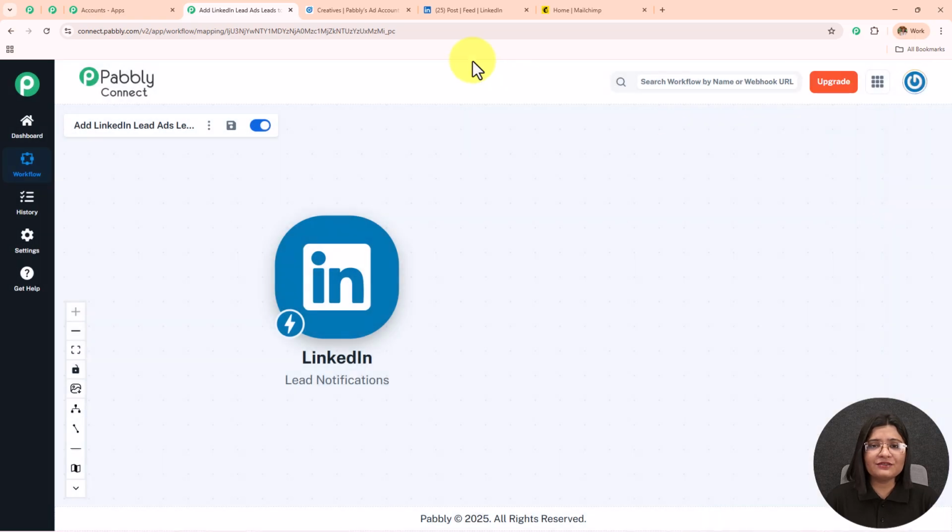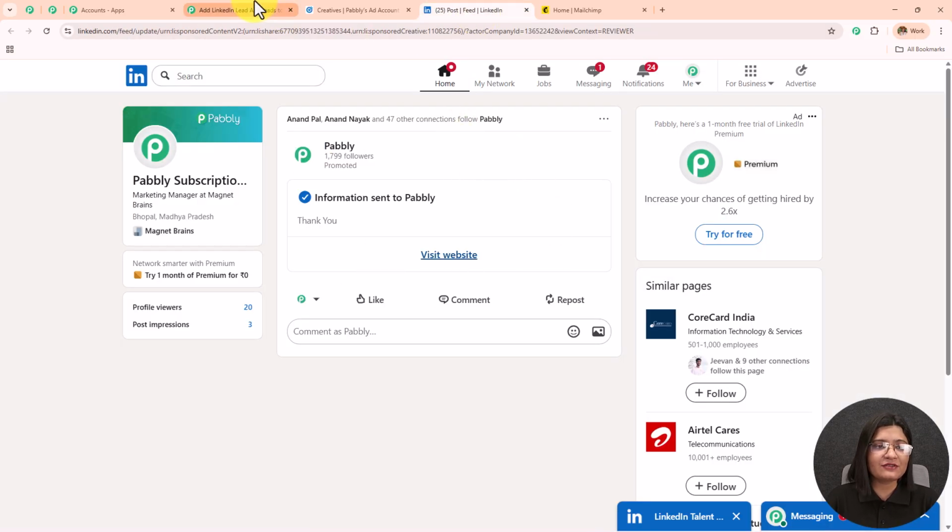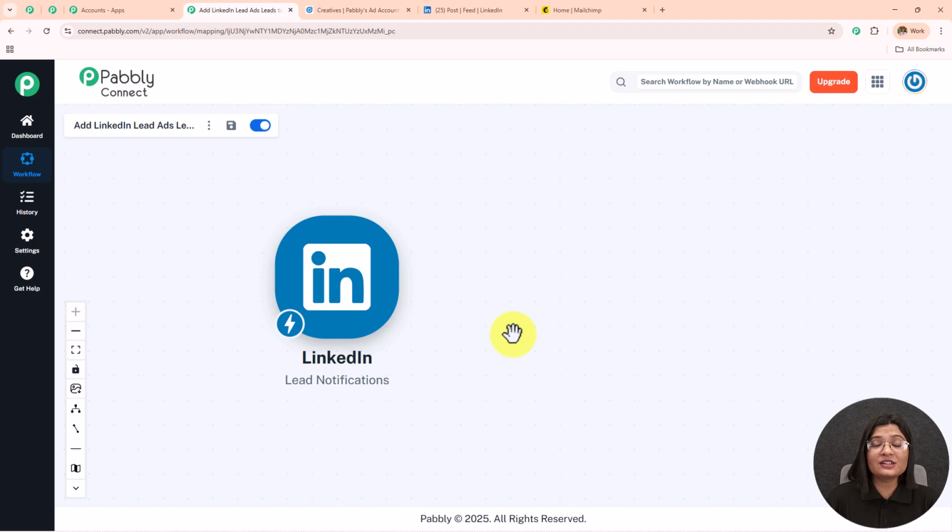Here, as soon as I've done this form submission, I have received that response here in this workflow, and this shows the connection setup which we have created between LinkedIn and Pabbly Connect is successful. And now whenever I receive a new lead from LinkedIn, I will start capturing that response here in this workflow. Now moving on towards the next step, whenever I receive a new lead, I want to add that